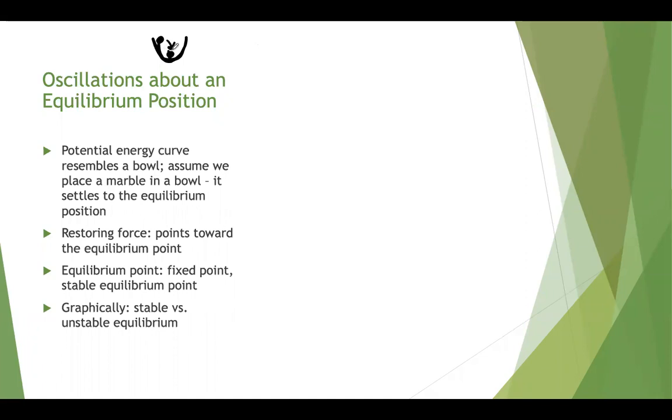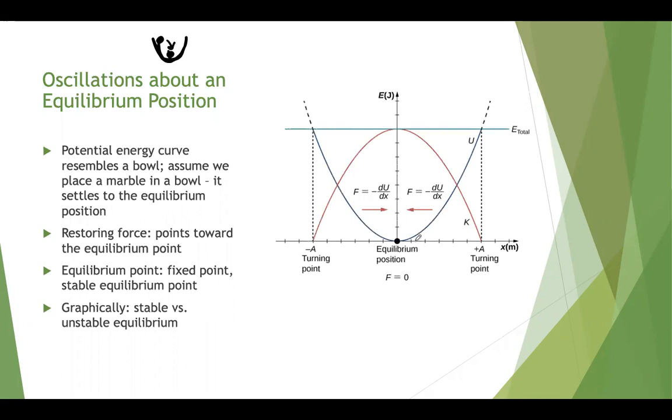Okay, right? The bottom of the bowl. A marble isn't going to just stick to the side, right? It's going to tend to fall to the bottom of the bowl. And that's what we see here in this graph, okay? So a potential energy curve resembles a bowl, just like we have. And again, if we place a marble in it, it's going to go down to here, to this equilibrium position,